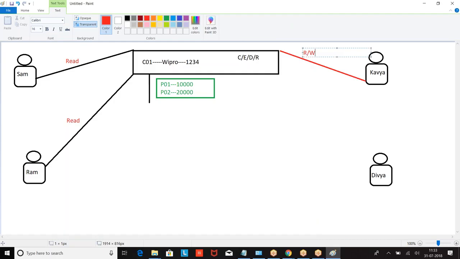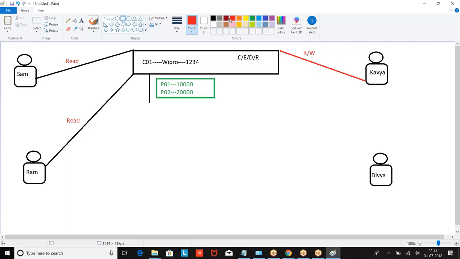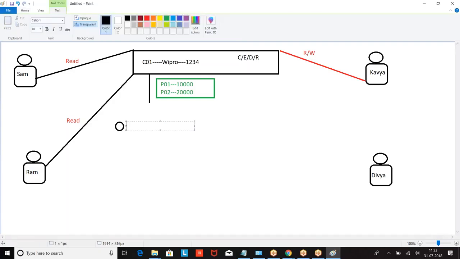Now, this is the permission. Divya doesn't have any permission. Now look at this. Now we have the first permission here: Read only. Any user who has read access on the master record can perform